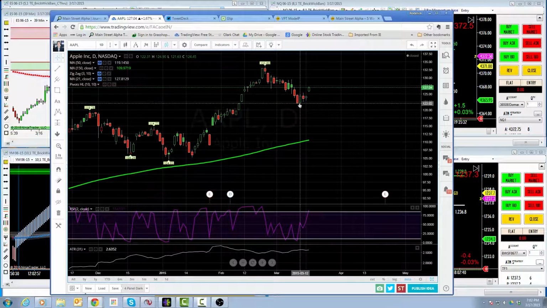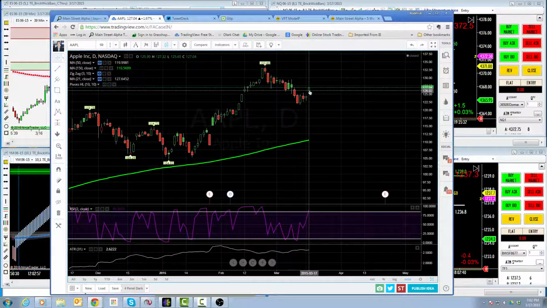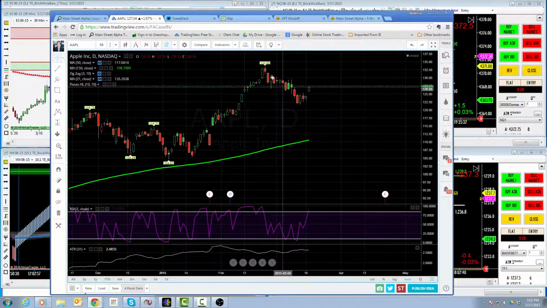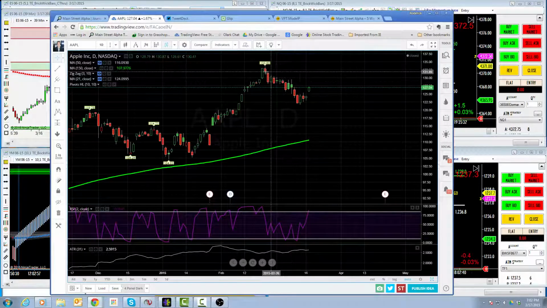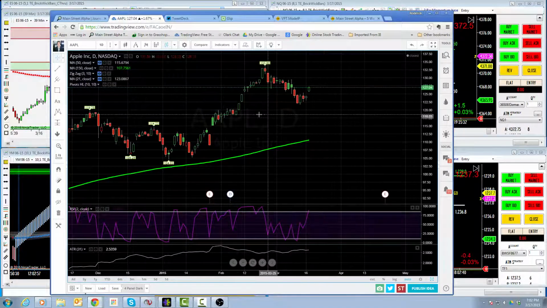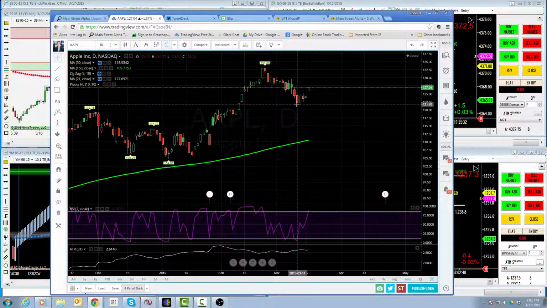The good news is that it's only Tuesday. The bad news is that those options closed at like 15 cents and our average price on them is about 40. So we need some help there on Apple. If I drew a descending trend line, we're just peeking our heads above the descending trend line, but it's well within the ATR and striking distance of this swing low here at 122.5.